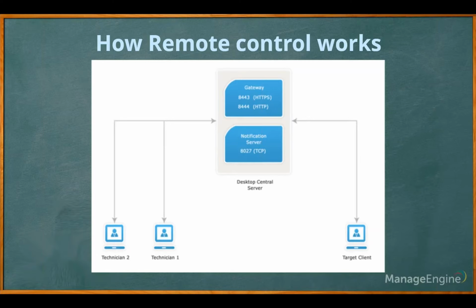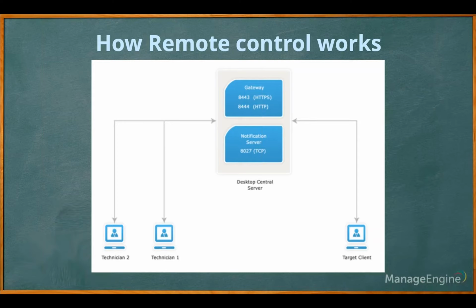Usually, we imagine remote control is just a click of the viewer's machine on the remote computer. But what happens at the back end is what we are discussing right here. Whenever a request is created, assume this is John, technician 1, and I use my own laptop. It's going to be either my PC or I log into some other PC, and I try establishing a remote connection. A request from technician 1's computer, which is actually the viewer's computer, is initiated and sent to the Desktop Central server. Desktop Central leverages the notification service, and then this communication is established back to the